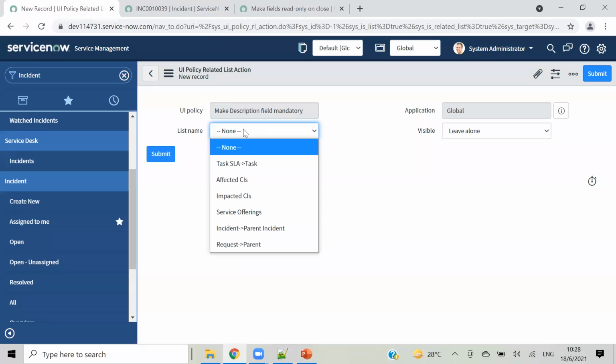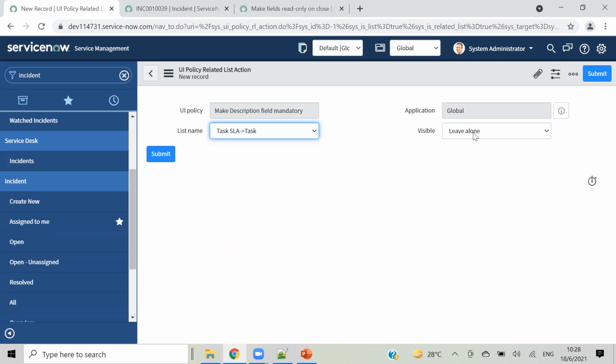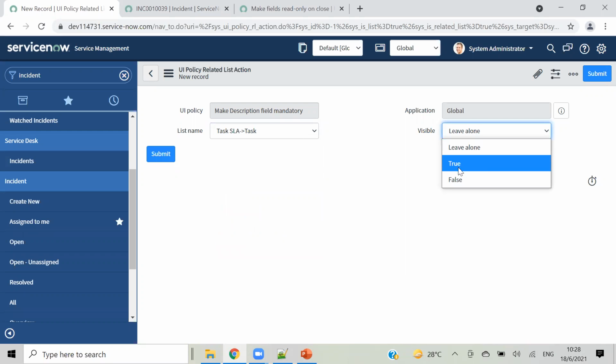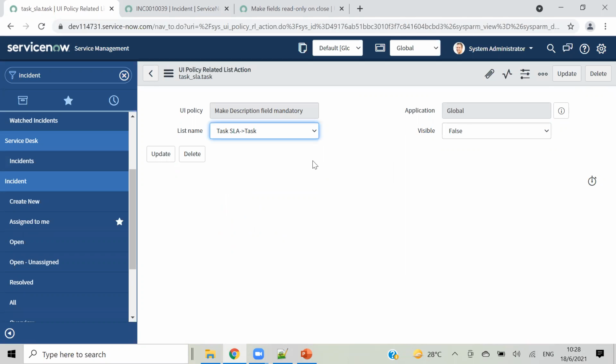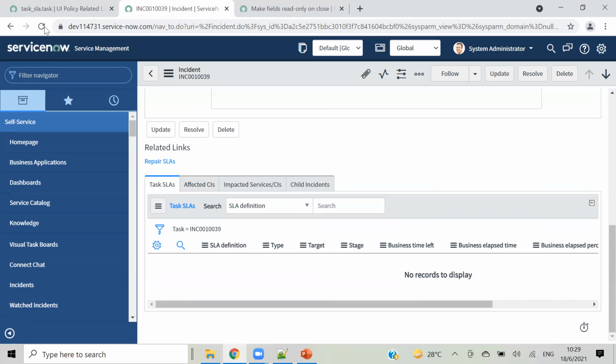So let's see which among that we have impacted. I will take this simple one, task SLA. And if we want to make that visible, true or false, we have only that option, like to just keep that or hide. Okay, I'm saying make that visible false, and let's reload, and this tab should disappear.